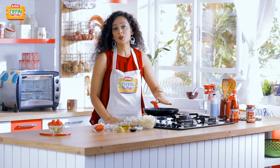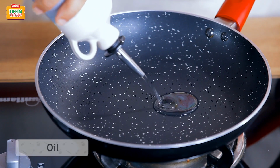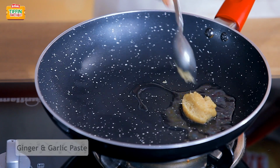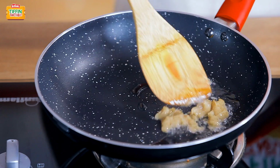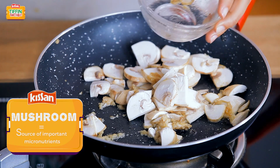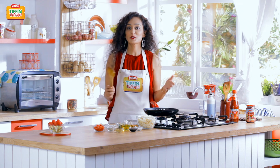So my pan is already nice and hot. First I'll add some oil. Now we'll add ginger garlic paste. Just saute it for just 2 minutes. And now we'll add our mushrooms. You know, mushrooms are very rich in micronutrients like vitamins, minerals, which are very important for the growth of your